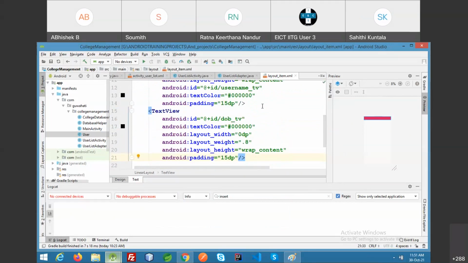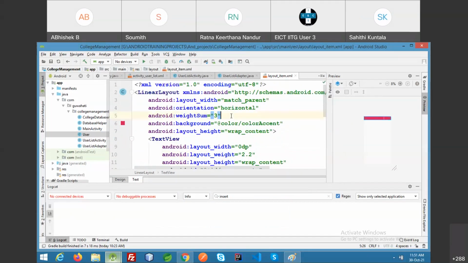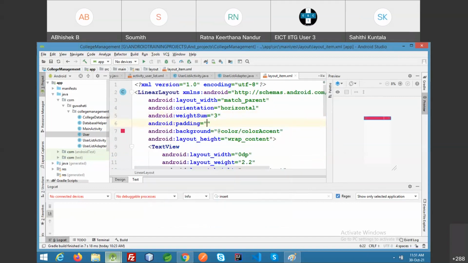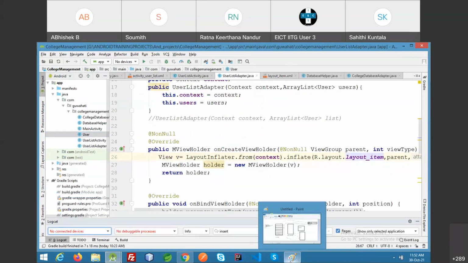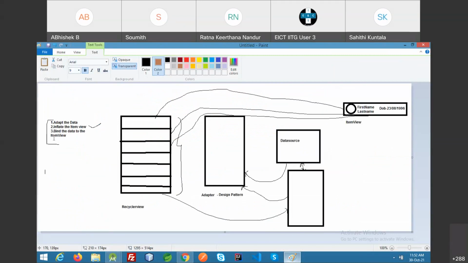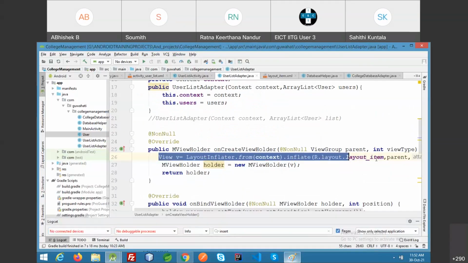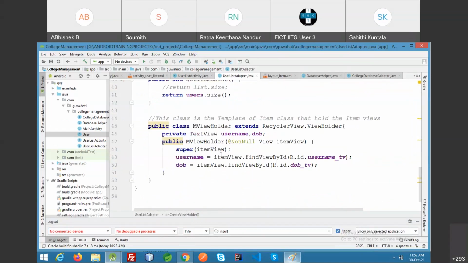So this item will be inflated every time. Clear? You can also give padding, like 10 dp is okay. Now basically understand the adapter again. I told you: inflate the item view and bind the data to the item view. These two tasks are of the adapter. So inflate the view, and since the holder in its constructor needs the item view,